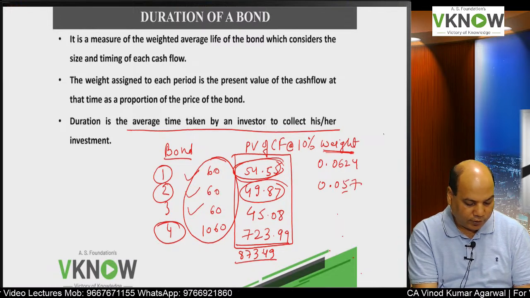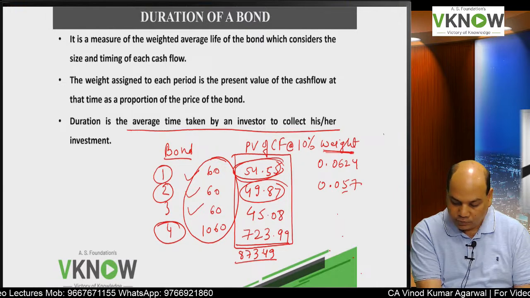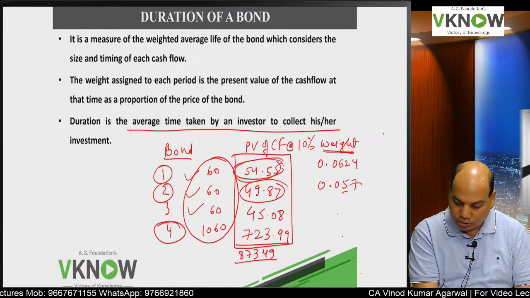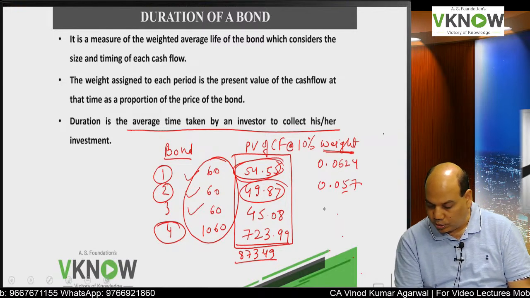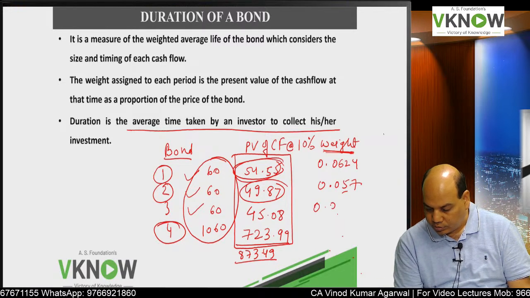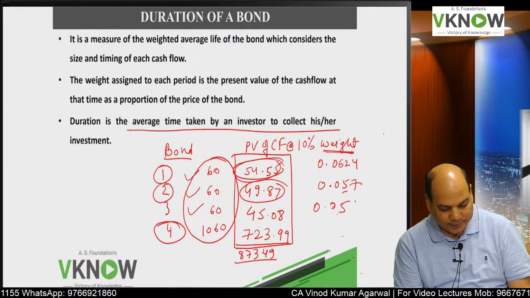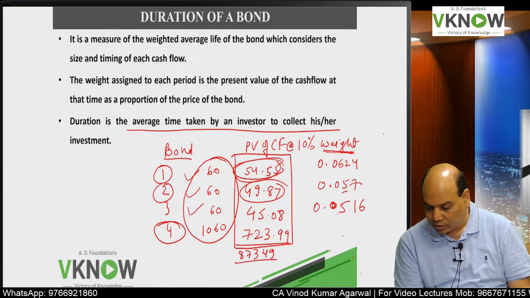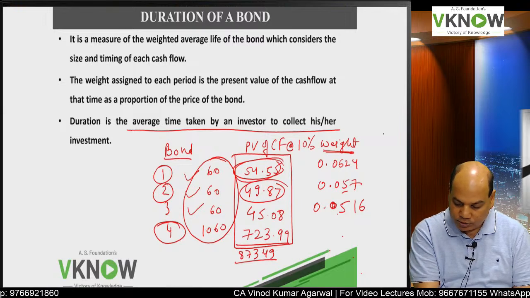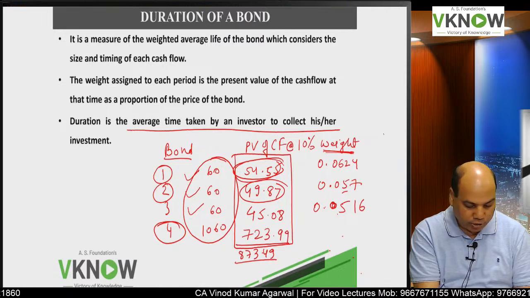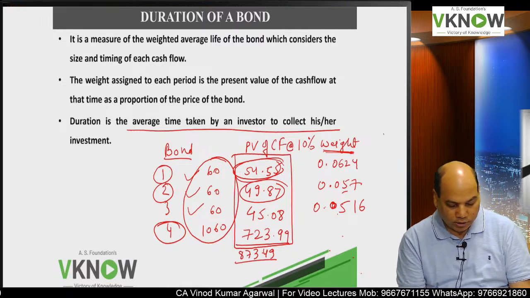Then you take 45.08 divided by 873.49 is equal to 0.0516 or something, and similarly the weight assigned to the last cash flow will be 723.99 divided by 873.49, that is